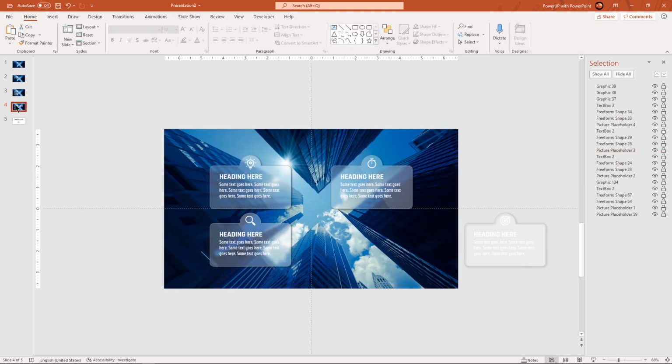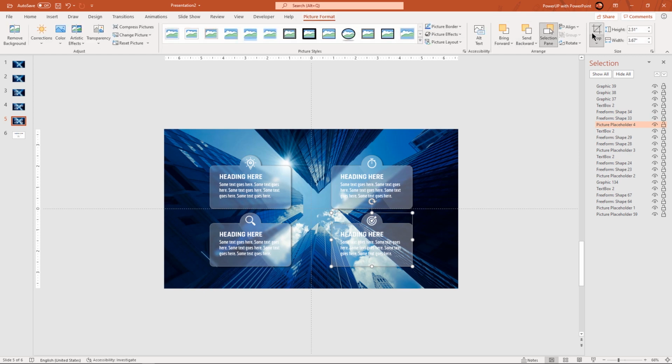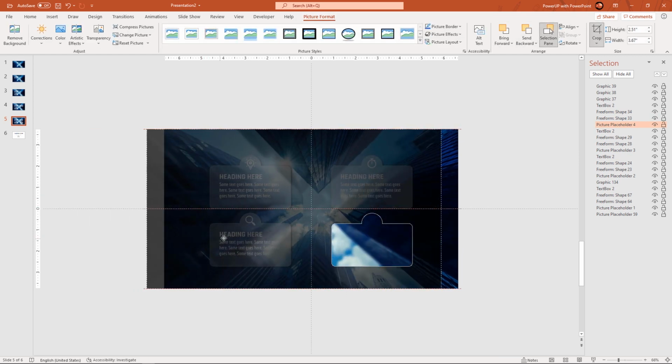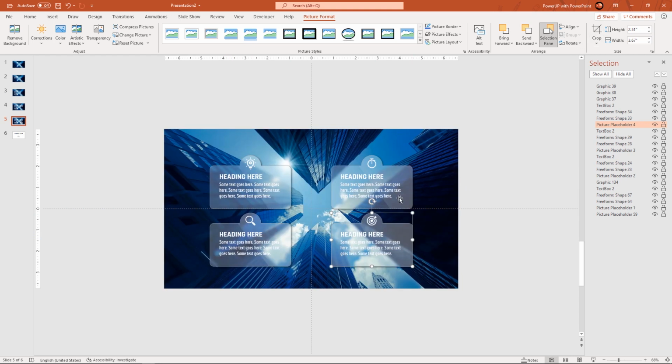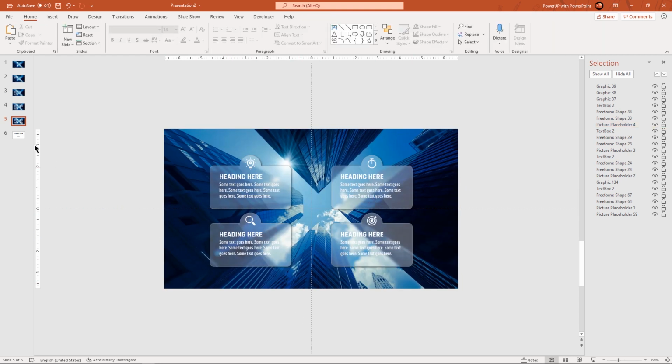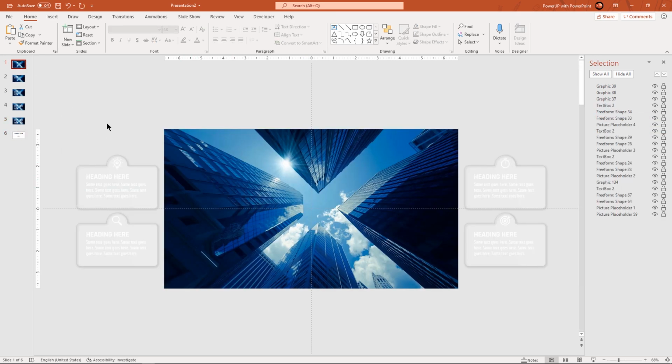Follow the same steps for the fourth shape as well. Finally, add the title to all 5 slides and then delete the last slide.